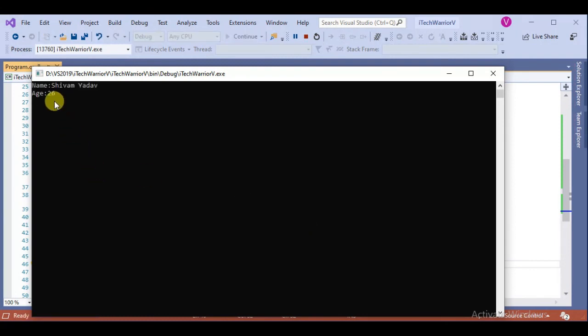So the output is the name Shivam Yadav and age 26, as we expected.